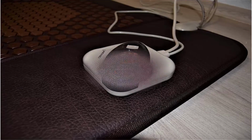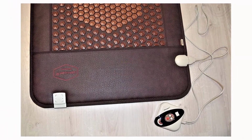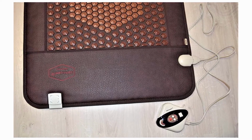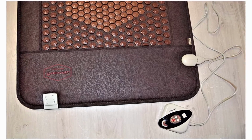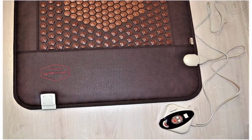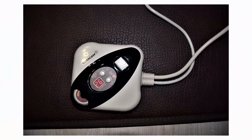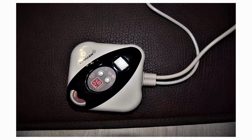They are composed of environmentally friendly materials, well conducting heat, such as elvan, yellow clay and jade. Ceramic cells emit a large number of rays that favorably affect the human body. The special design of the mat allows you to concentrate the temperature not on the sides of the device, but in its central ceramic cells, which helps to concentrate the temperature and provide more effective penetration of the heating in